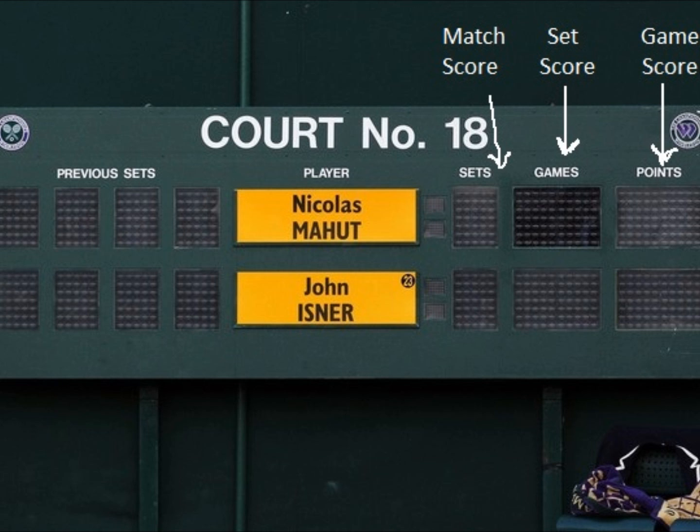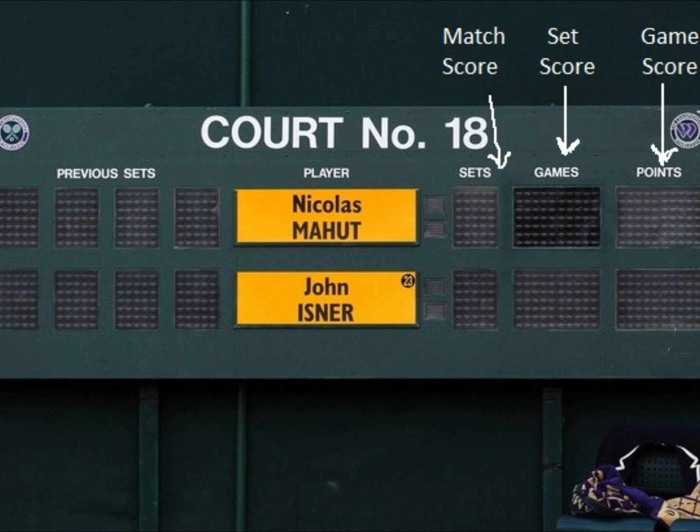Once again, I would like to clear up any doubt. The points shown in the table, like 15, 30, 40, are the points of a game. If you want to win a game, you have to win 4 points. So that is the game score. And if you win a game, so 2-1, 3-1, these are game scores. But actually it's a set score, because to win a set you have to win 6 games. So the middle one is the set score.